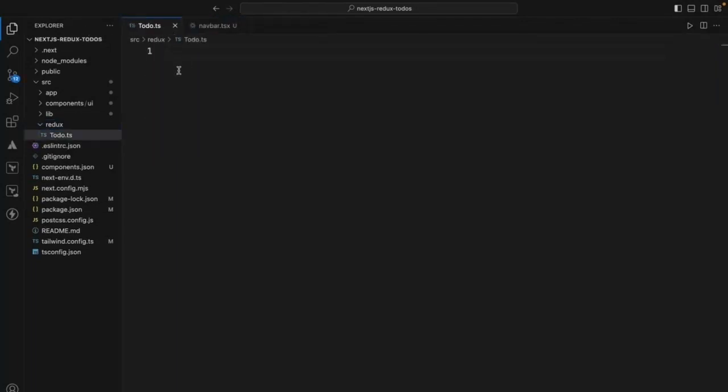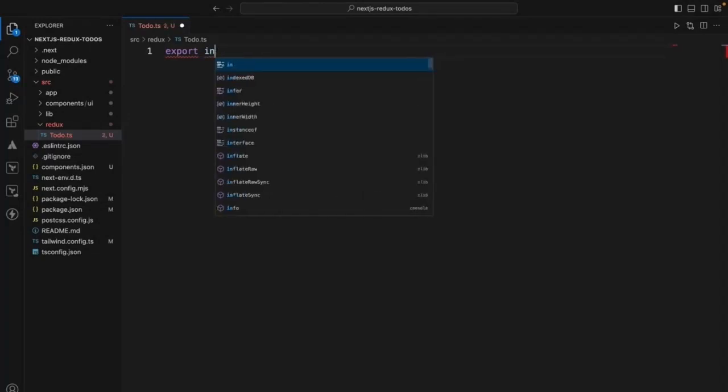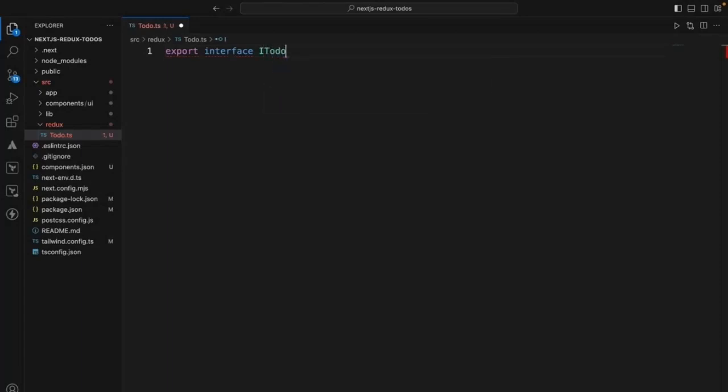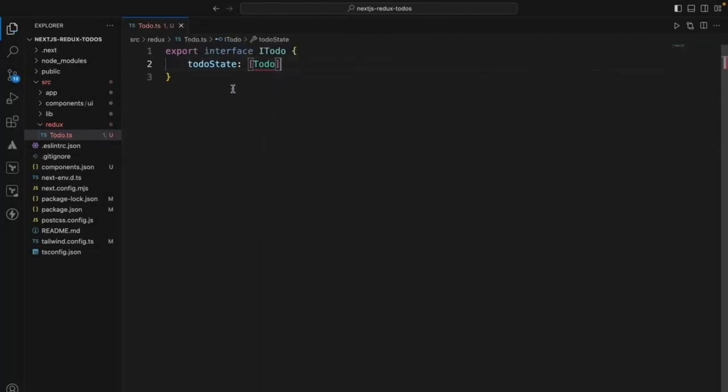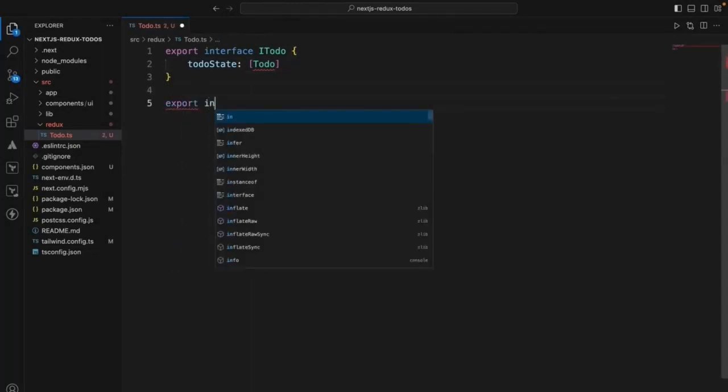Okay, within this interface, since I want to create an application called to-do, I want to create an interface to get hold of this to-do data. So for that reason I'm creating a to-dos, and I'm going to add a to-do state to hold the data, and I'll create one more interface called to-do,